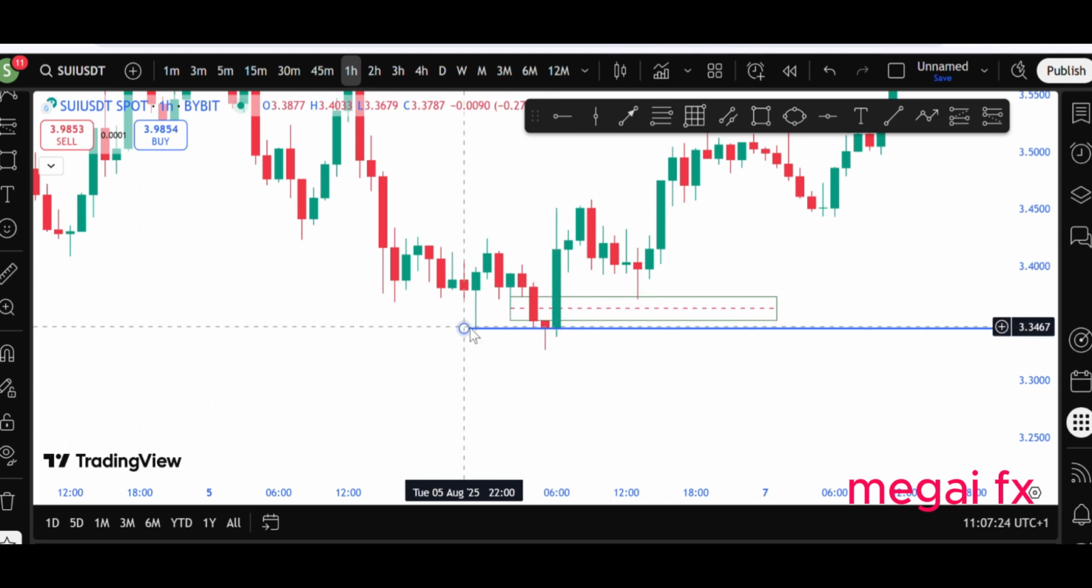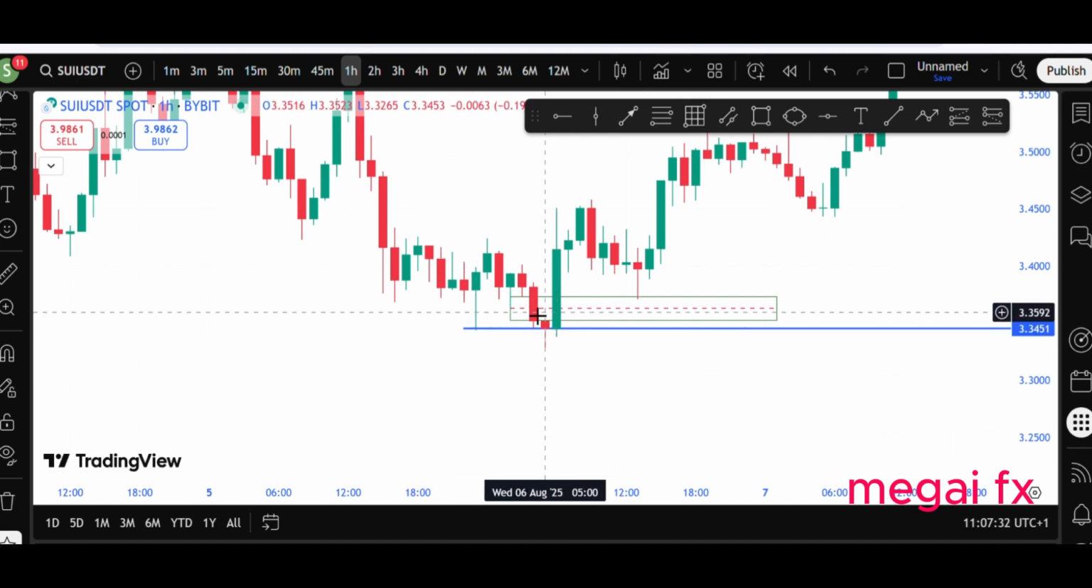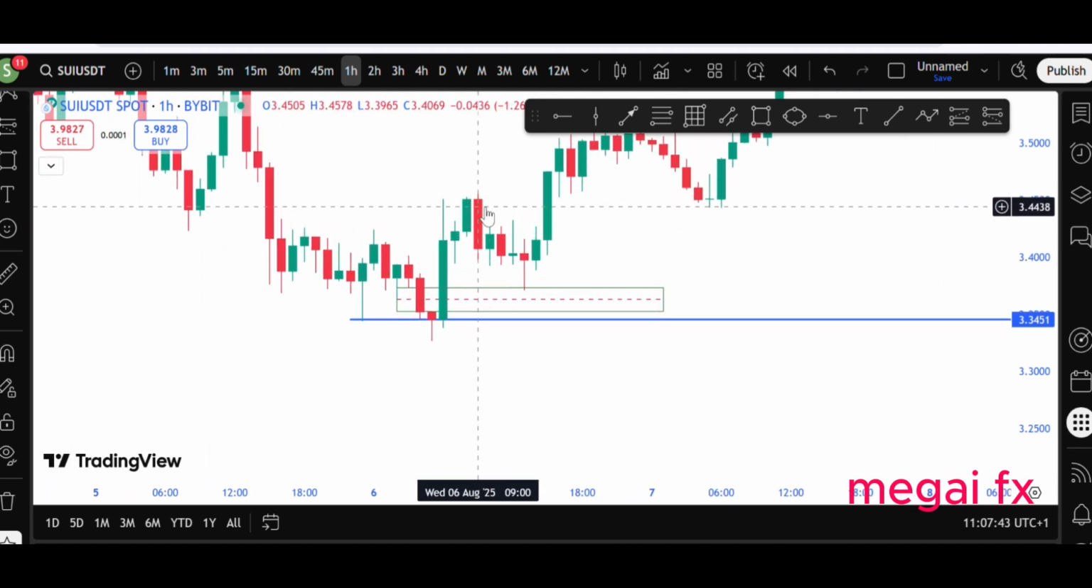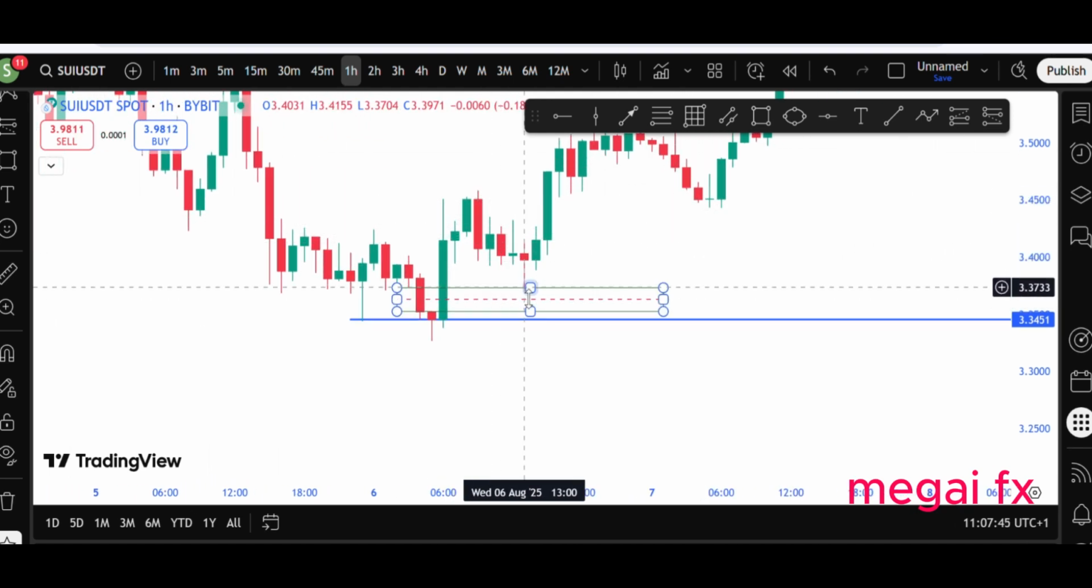This is the first one. We had our liquidity sweep here, where price ran through this low, then creating a fair value gap for us here, and later closing above the fair value gap. Then if you notice what happened here, the market came back and tapped into the fair value gap,